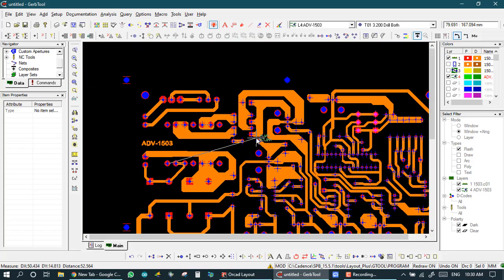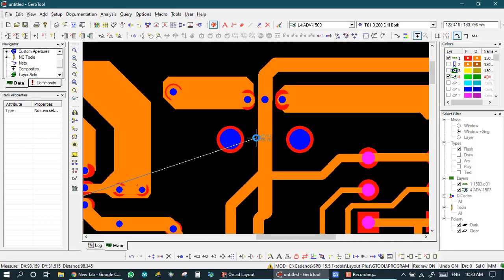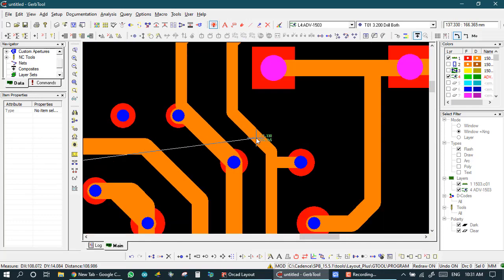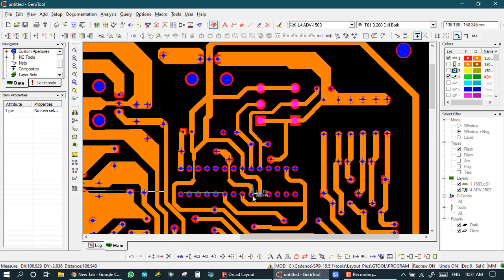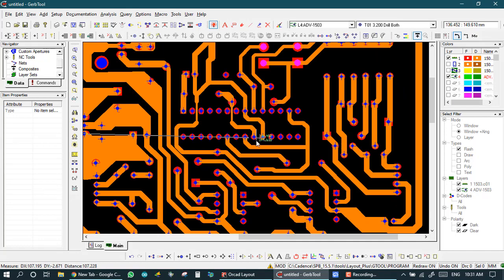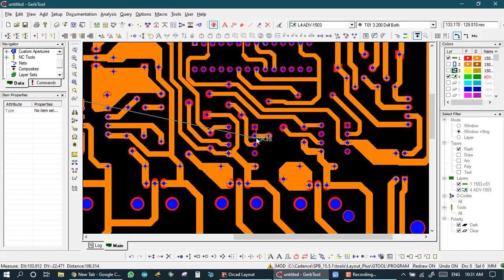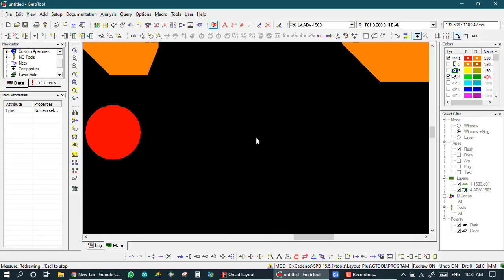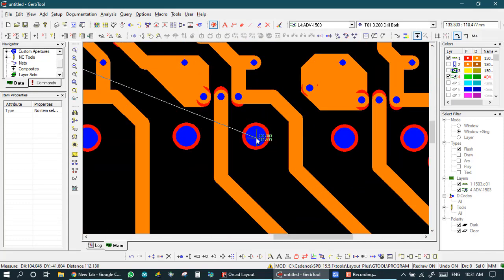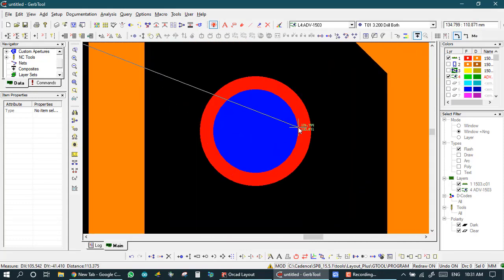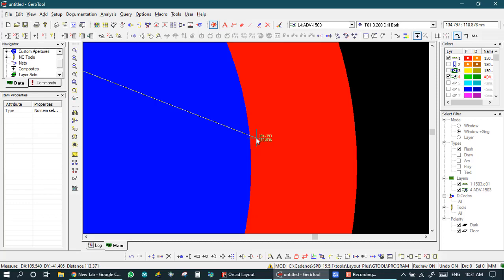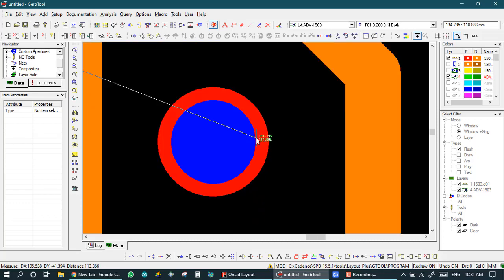If by chance anywhere the distance between the drill and pad is low, then we don't change it in the NC layer.